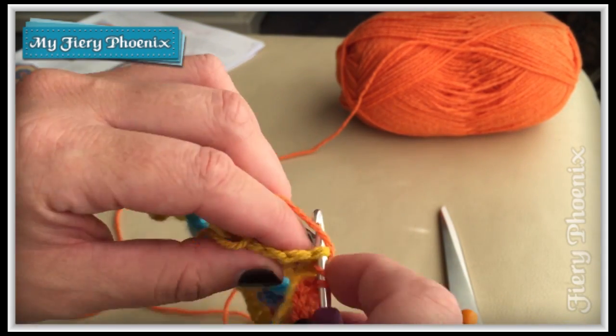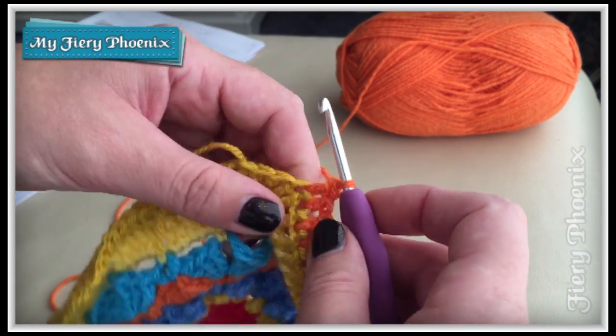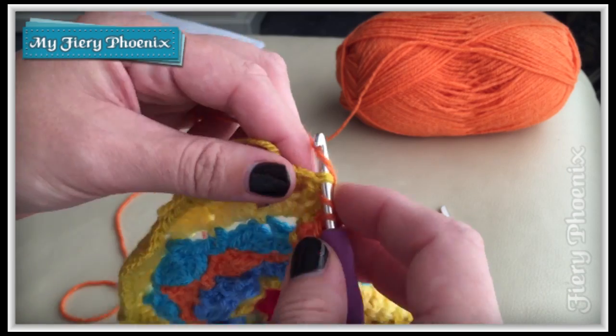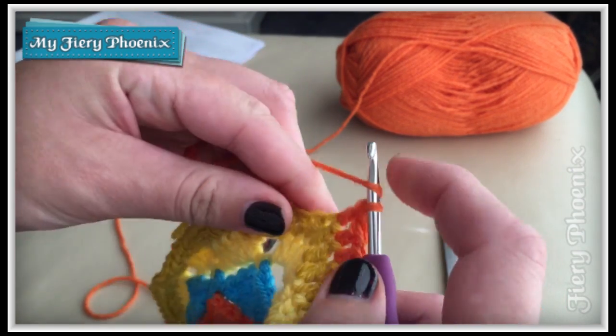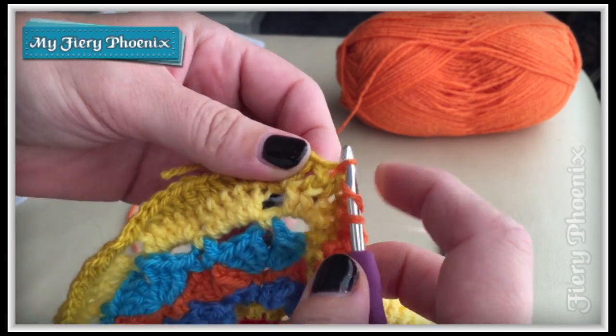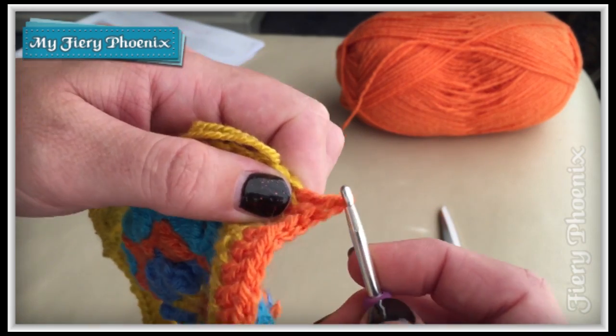It's not my goal to just bore you all senseless with lots and lots of video of me crocheting. Whilst it's great fun to do it yourself, you don't necessarily want to watch somebody else do it for 2 hours. So we are very nearly at the end of this row, or this section, so we'll just have a